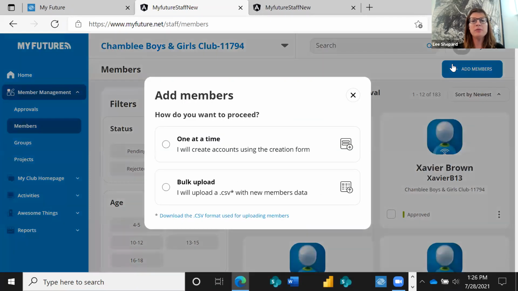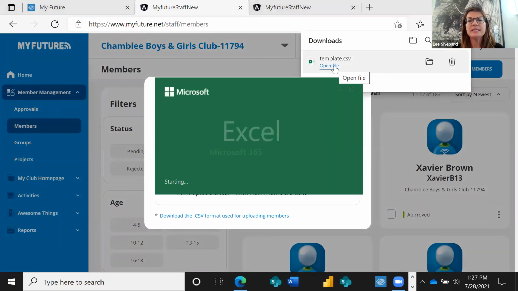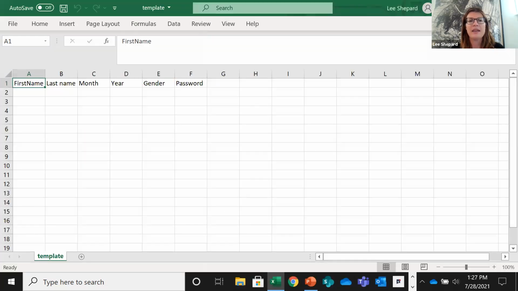Now, what I do want to point out, and this is where we're always here to provide help, but where it will expedite the process for you significantly is to look at downloading this template first and exporting into this your youth data, but only in the columns that are in this template. So, you know, we know lots of clubs collect different data in different ways. And so what you would do is you would just look at including the information here and not adding anything more. So for example,